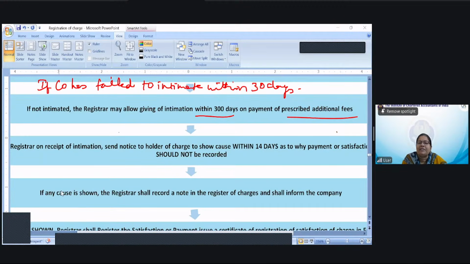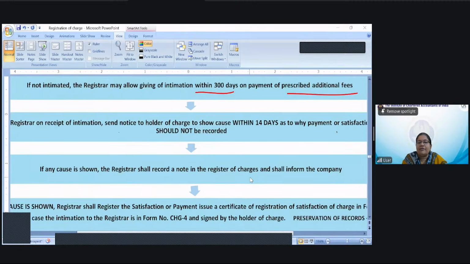Then if any sufficient cause is shown, it will record a note in the register of charges and the ROC shall inform the company. Only after completion of all these things can the company register the satisfaction of charge. If the show cause notice is received and no cause is shown,